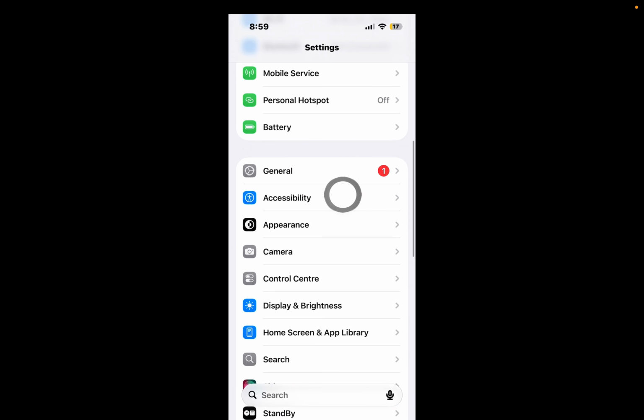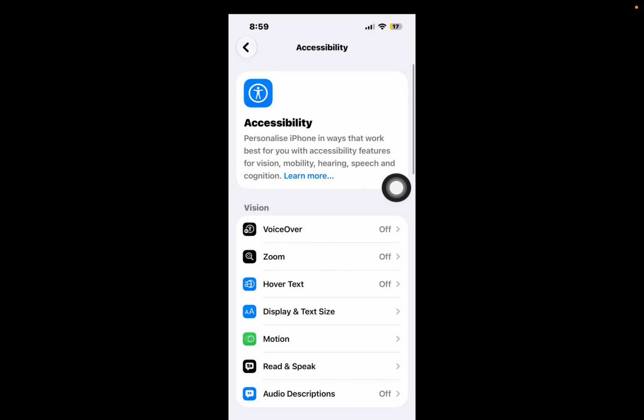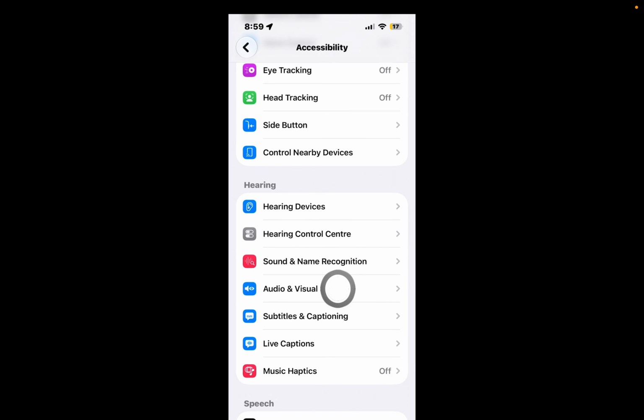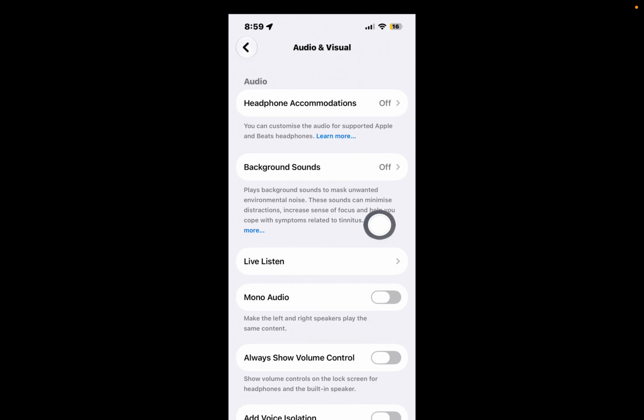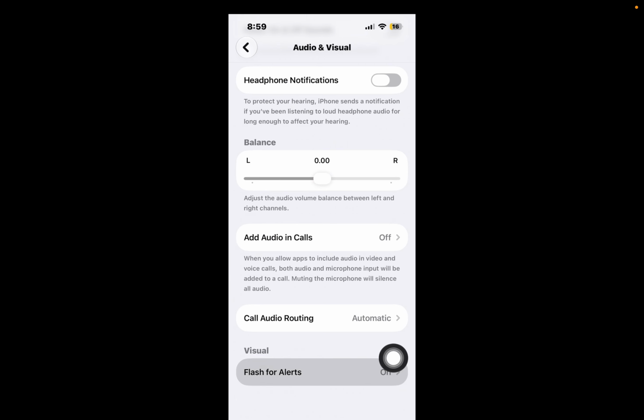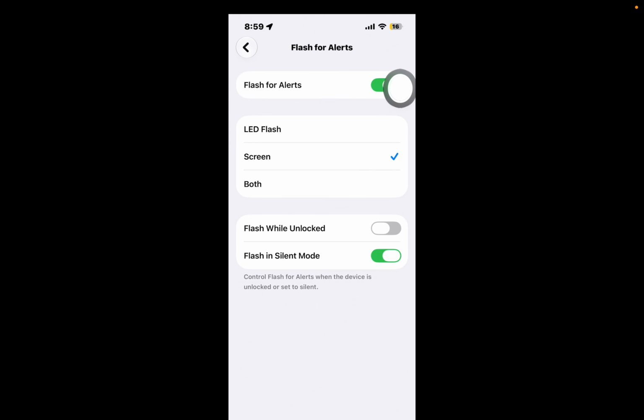Now scroll down and click on the Accessibility option, and within this page scroll down and find the Audio and Visual option and click on it. Now on the Audio and Visual settings page, just go to the bottom and click on Flash for Alerts. Within this section, first turn on the toggle right next to Flash for Alerts and after that set it